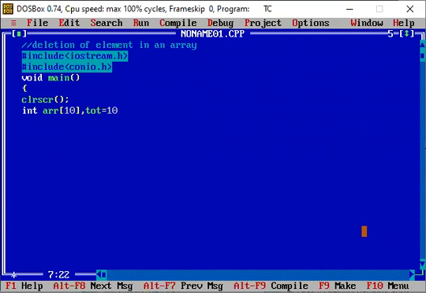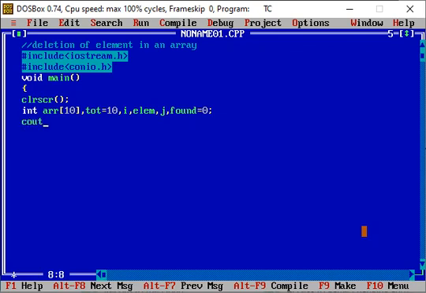Again I can include other variables like i, the element that I need to search, and one more variable j, and there will be one flag with the name found that I am using here. So these are the variables that I will be using.